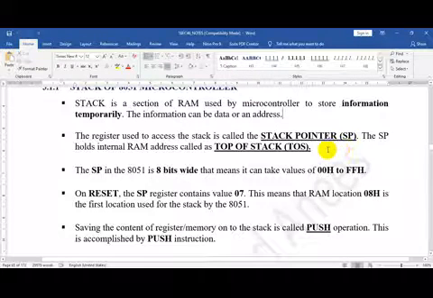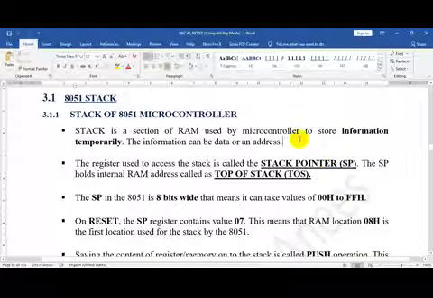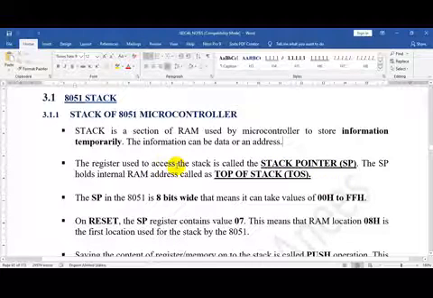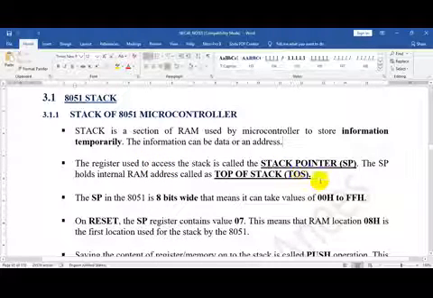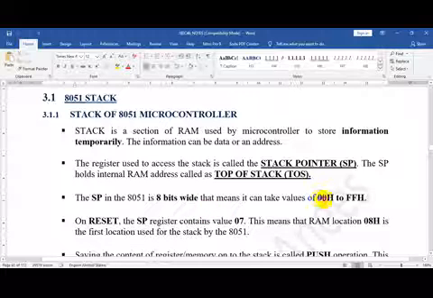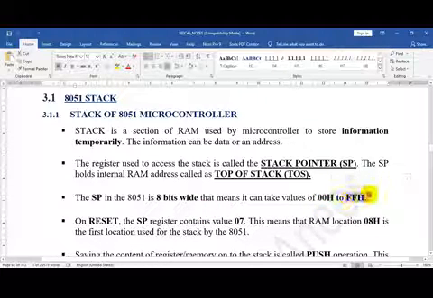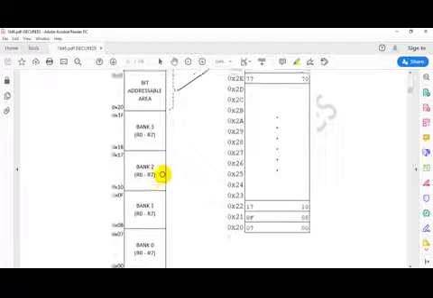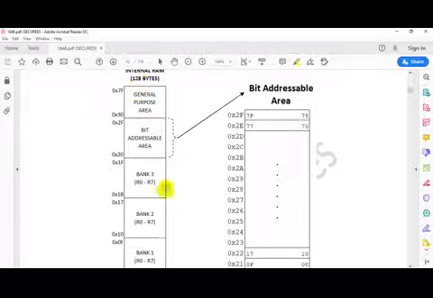But since we are referring here to the memory as stack memory because of the functionality, I am referring to this as stack address. So this stack pointer is 8 bits wide, meaning it can take values from 00H to FFH. So any part of this memory you can define as stack.